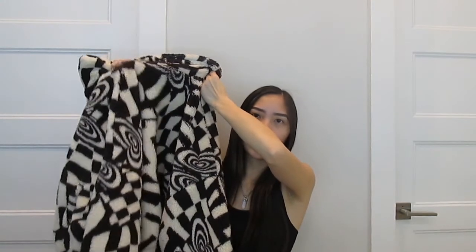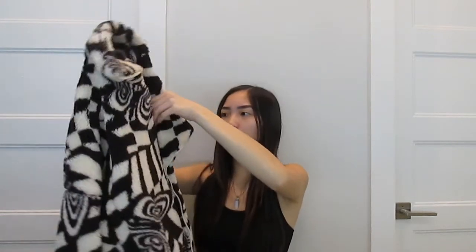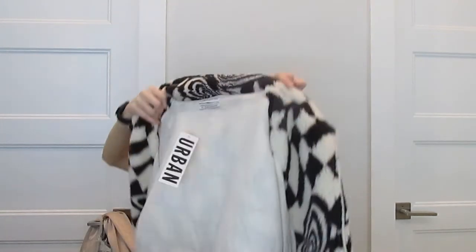I also got this Urban Outfitters trippy checkered butterfly jacket. There's a big butterfly right here. It still has the tags on it. It was literally a $99 jacket. It has pockets and everything, and she's really fluffy and warm. My brother got me for Christmas